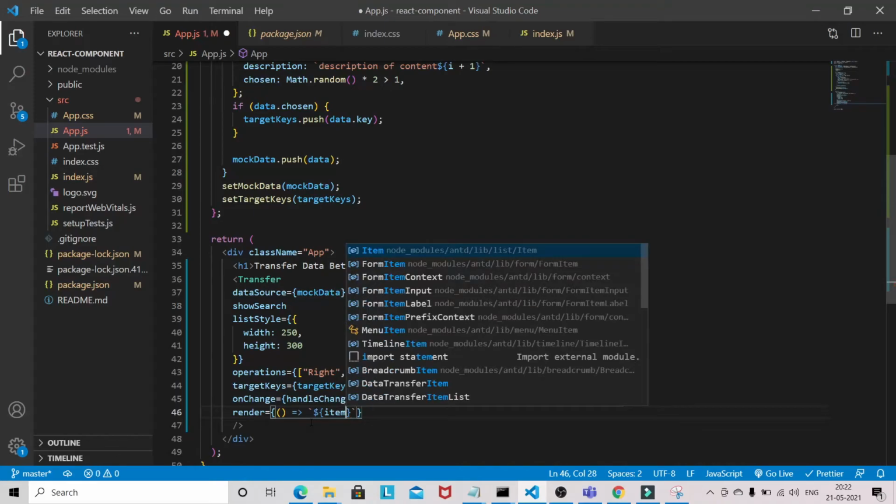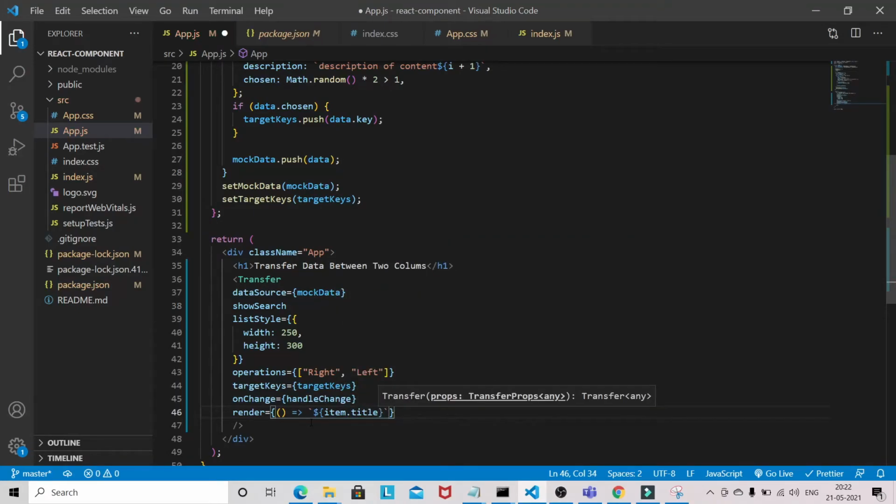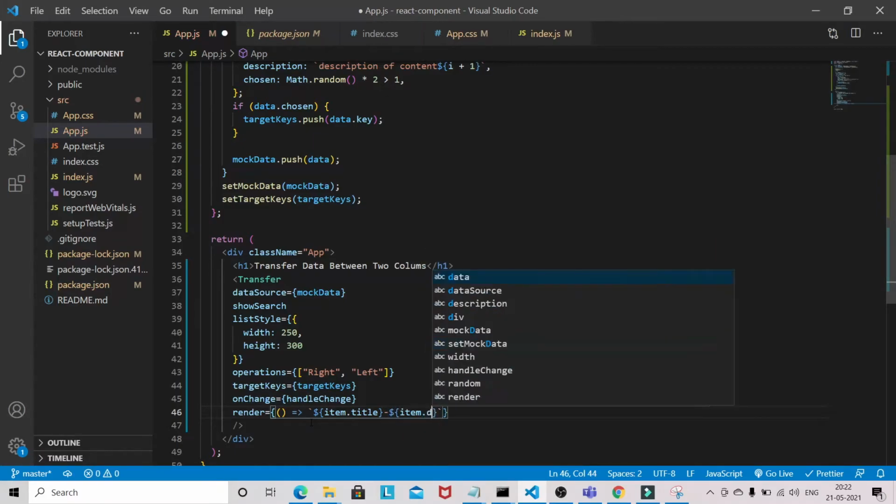It returns item.title and item.description.